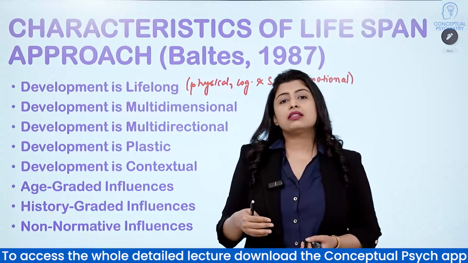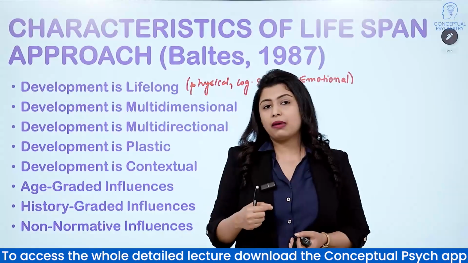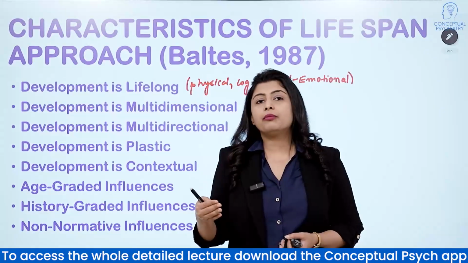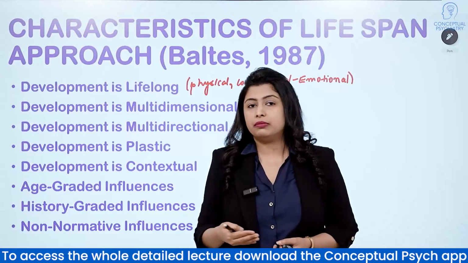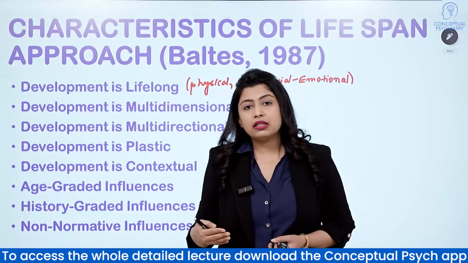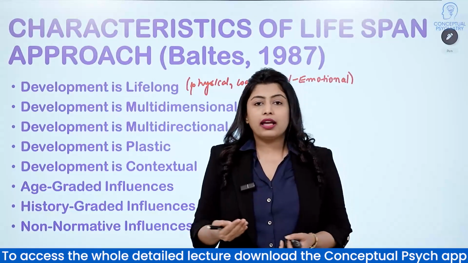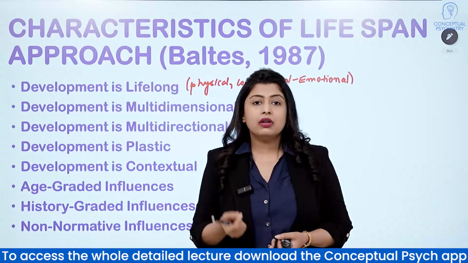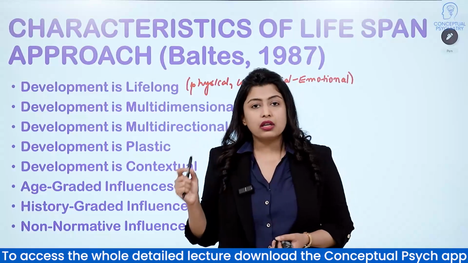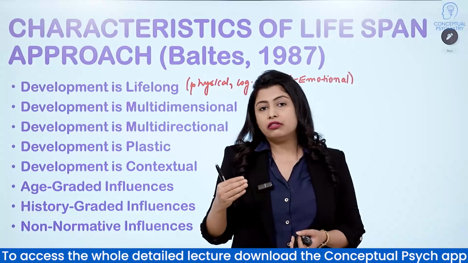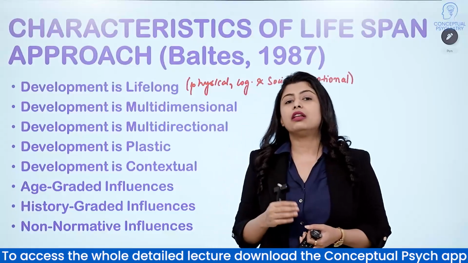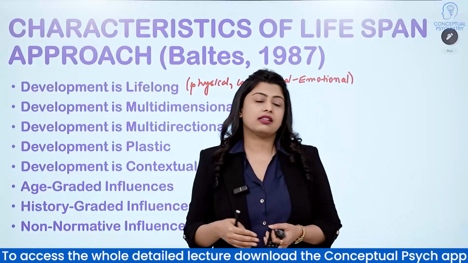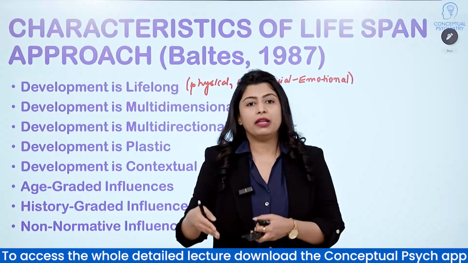History graded influences affect people who have been impacted by the events of a particular historical era. This may include people growing up during periods of economic prosperity or depression, technological advancements, medical challenges, war times, and many more things. Such individuals who are born around the same time are also referred to as a cohort. Amidst the common historical influences, they usually tend to be similar to each other, thereby accounting for the emergence of generational differences, such as Gen Z being different from millennials.